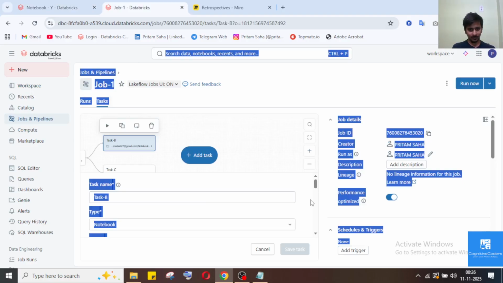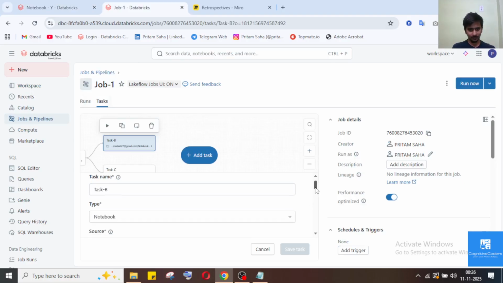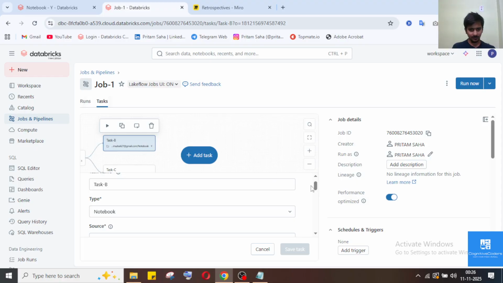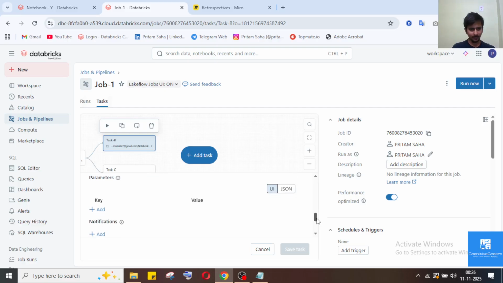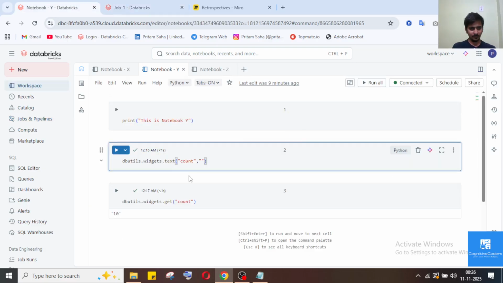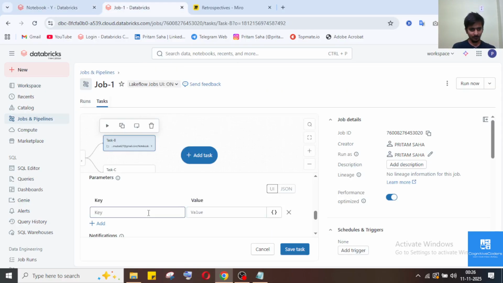For that, we have the parameter option on task B. Here we need to give the key. The key would be count, and the value would be